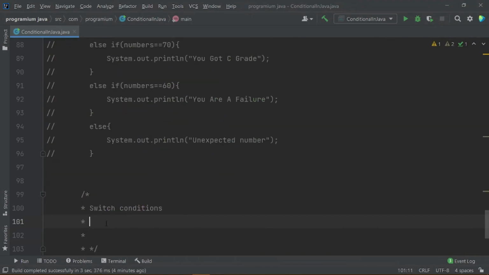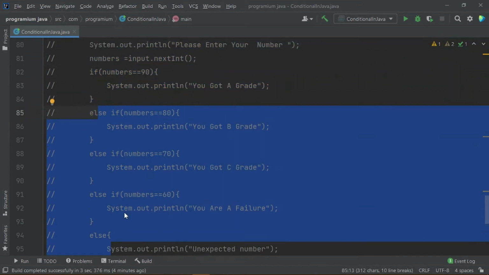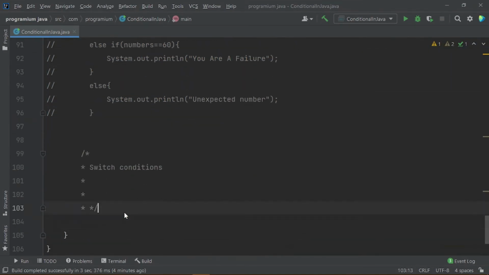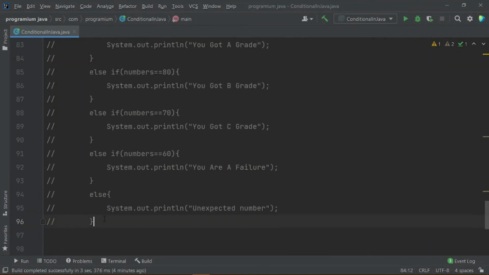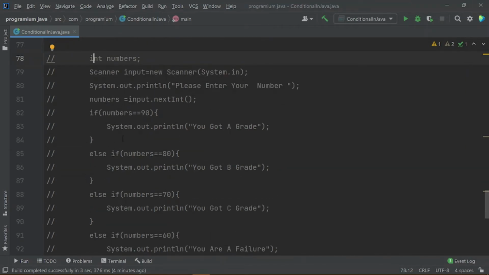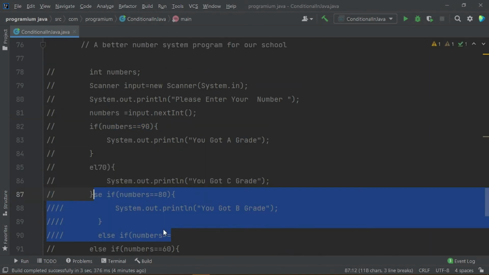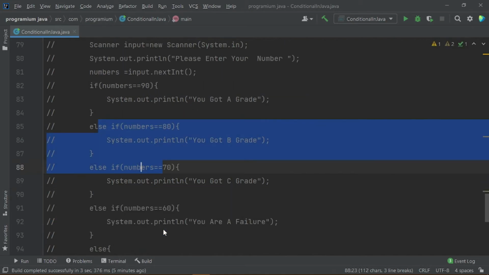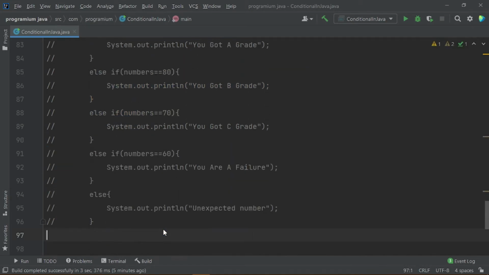So guys, why do we need switch conditions when we have these if else, nested if else, etc.? Let us see why we need switch conditions. Remember, here we use a lot of if: if number is equal to this then do this, else if do this, else if do this, and if not this then do this.